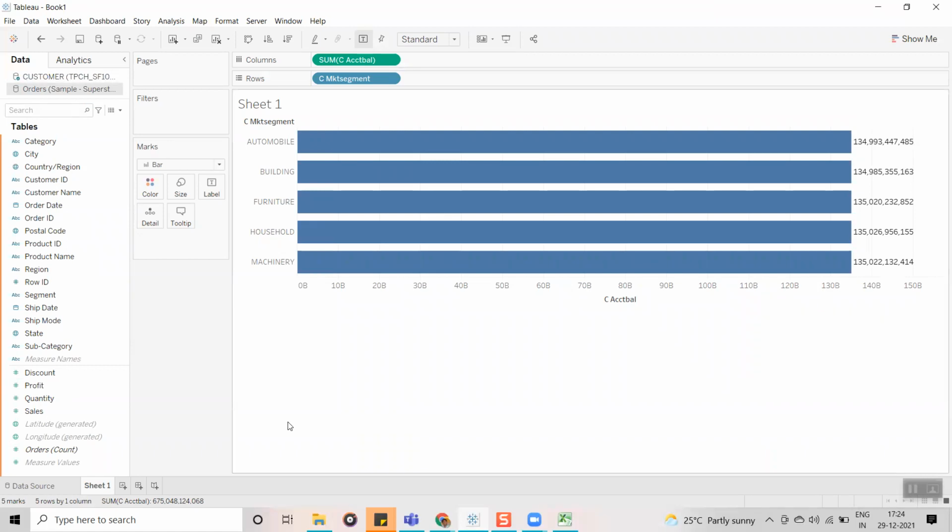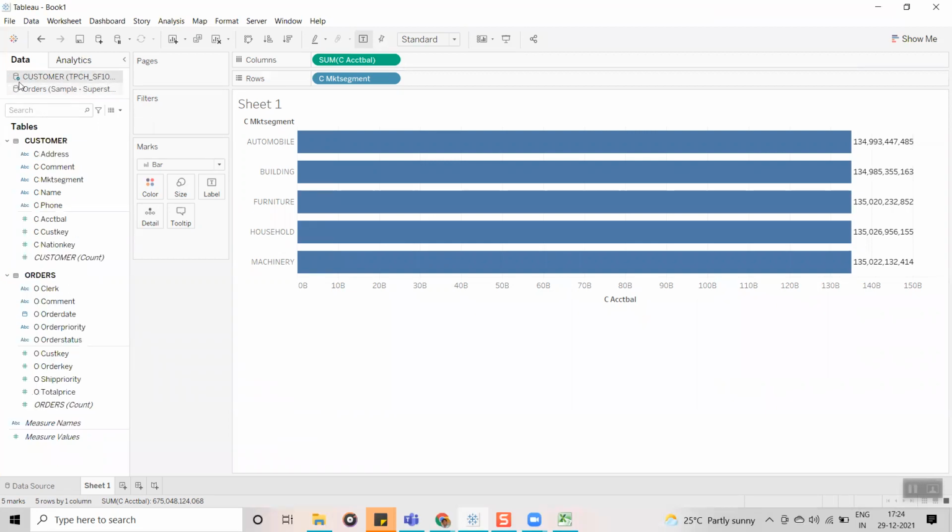But here you have to observe one thing. For the orders data source you cannot see any blue tick mark, but for customer you can see the blue tick mark. What it means is that the fields we used to create the visualization on sheet one are coming from the customer data source.